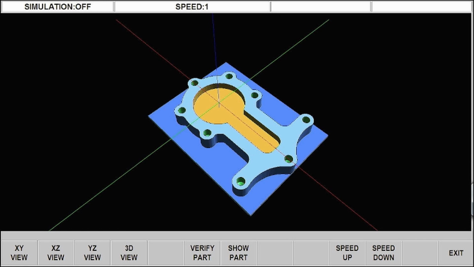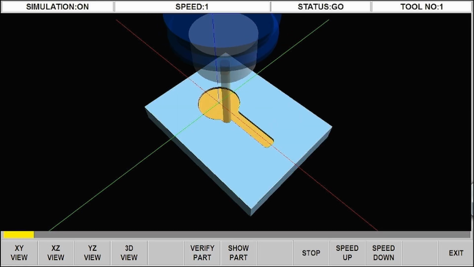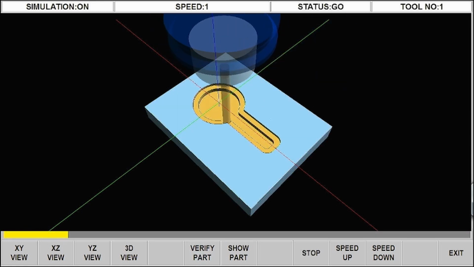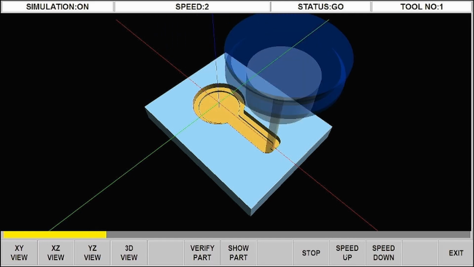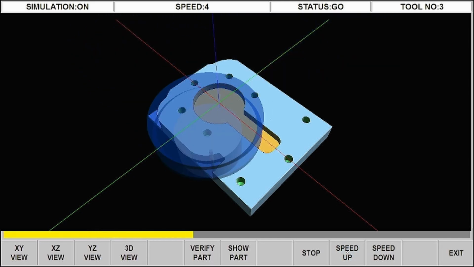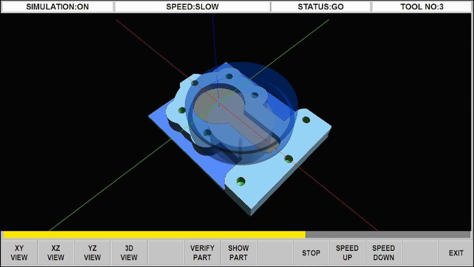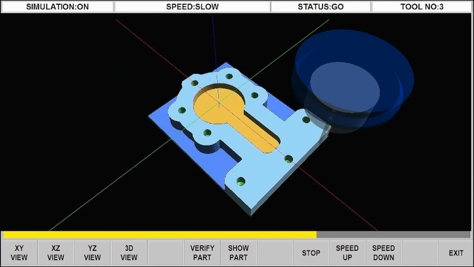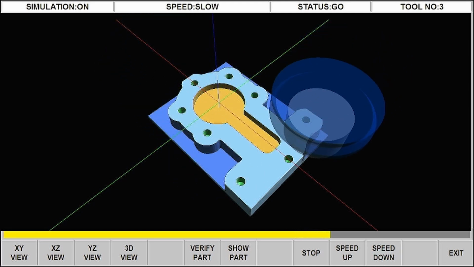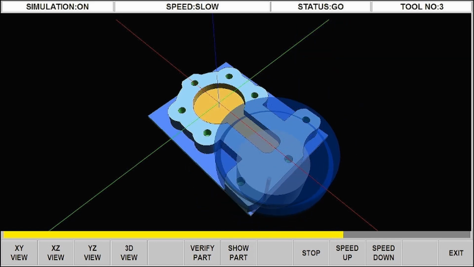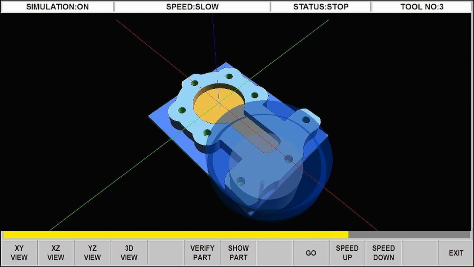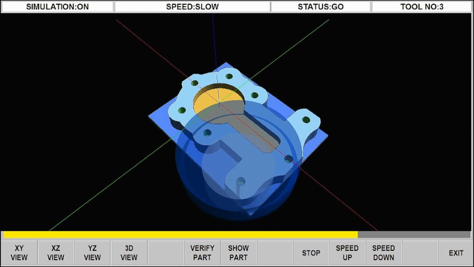When the part is being verified, it's possible to speed up or slow down the graphics. By using the speed up button, you can make the speed go faster, or slow down reduces the speed of the verification so you can check what the machining tool is actually doing. Even stopping the program at that point so you could have a visual check by zooming in and looking back out again before going on and continuing on your program.